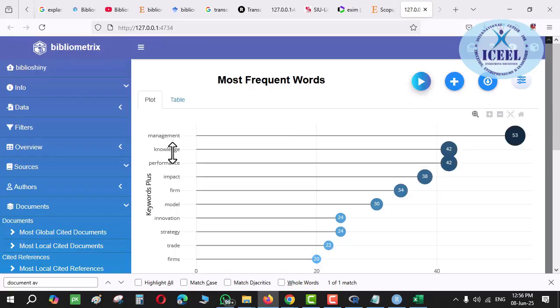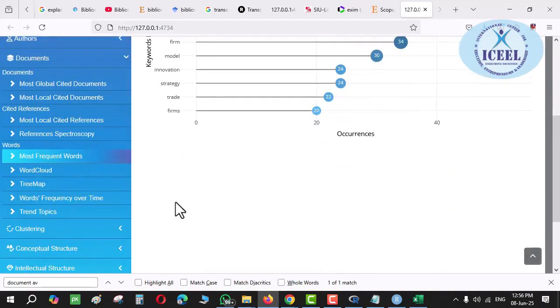This would read all the papers, and out of all the papers, all the words will be bifurcated, stored into a string, divided, and the words will be counted by the software. And then the maximum used word will be given from all these papers. Even though my paper is concerned with EXIM or export import, the maximum number of words being used is not EXIM manual; it is management, knowledge, preference, impact, and blah blah kind of things.